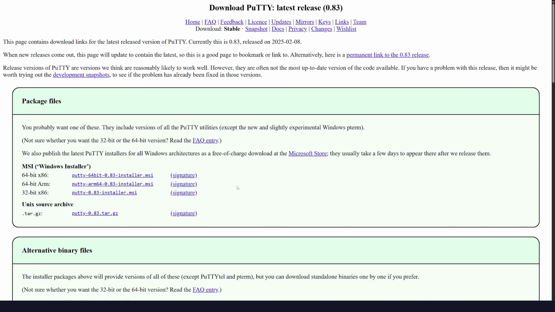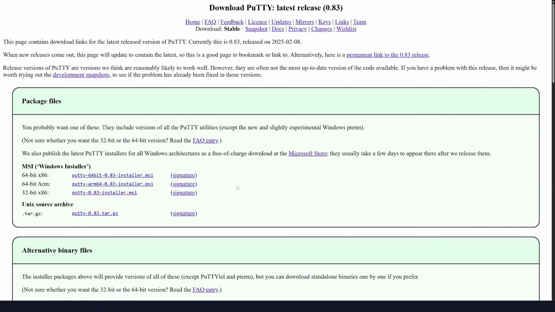The only limitation so far is that PuTTY is restricted to Windows operating systems. So if you're using a Mac operating system, PuTTY is not going to work for you. But of course, there are several applications out there that work with Mac OS. Also, Mac OS has an inbuilt application that you can use to connect to the VPS server, called Terminal. So whether you want to use PuTTY, Windows PowerShell, which is a built-in application for Windows, or Terminal,